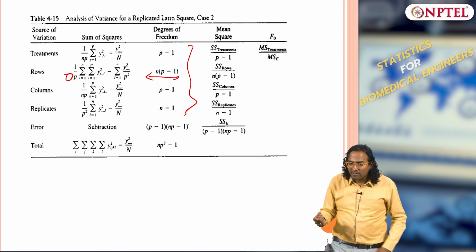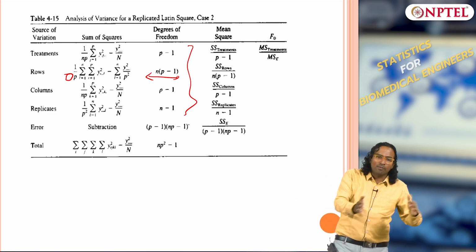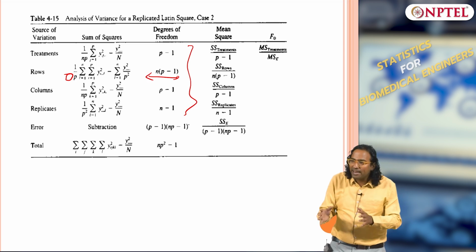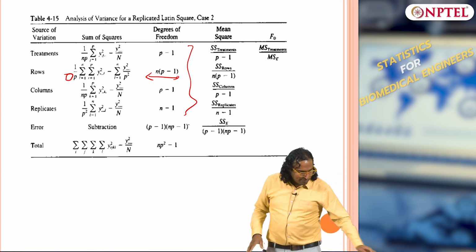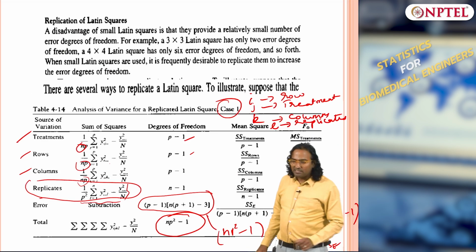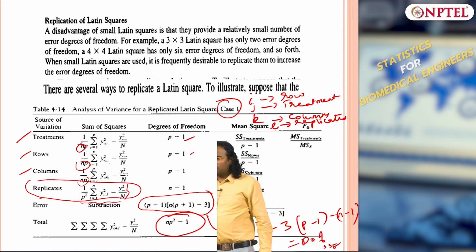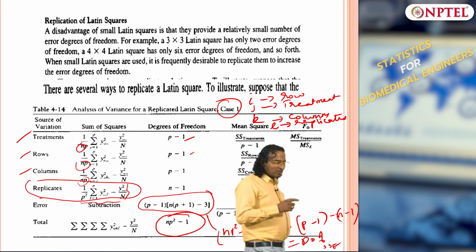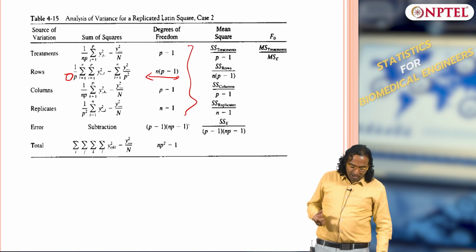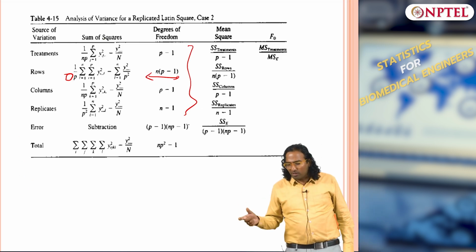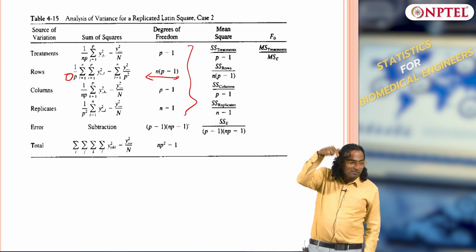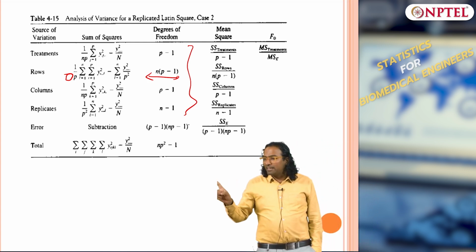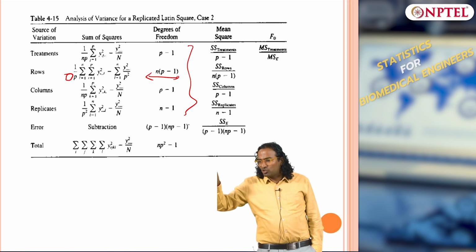Now when you replicate the experiment, let us say you did this month and one month later you are doing another experiment. Ideally you would want everything to be kept exactly the same, but that is not going to happen. So you may keep everything the same, which is nice, in that case the degrees of freedom of error is larger. But if you cannot replicate for whatever reason, if you can replicate only one, either rows or columns, in this case rows are not replicated, what happens?